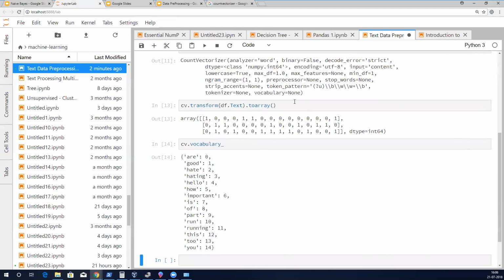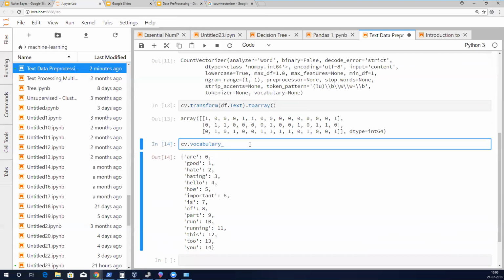Clear? If it is not clear, I'll do something to make it clear. I'll mention the column names for all of them. In this case it is alphabetical.